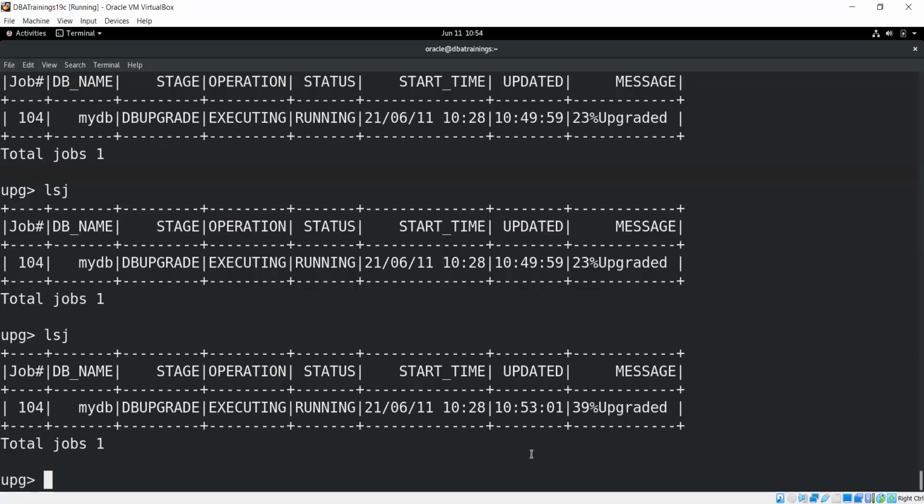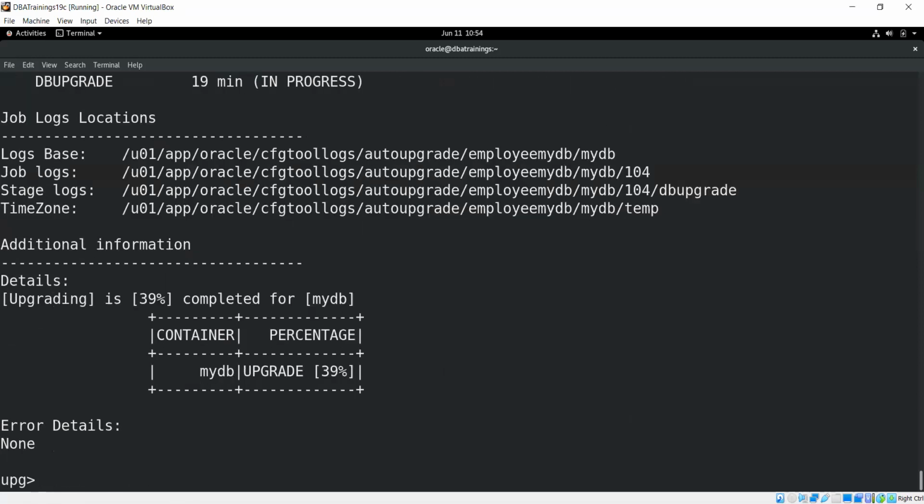So now we have 39%. Let's see. Location for what? This is the log file location you can see. This is the log base.